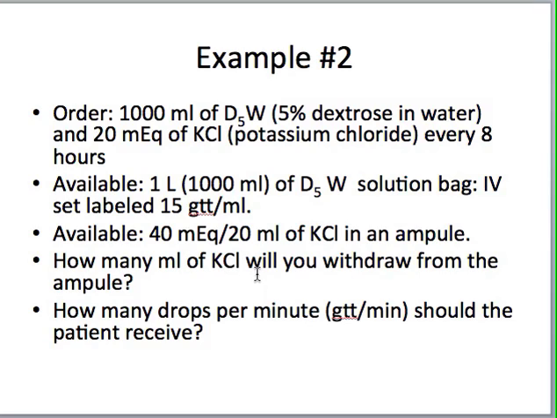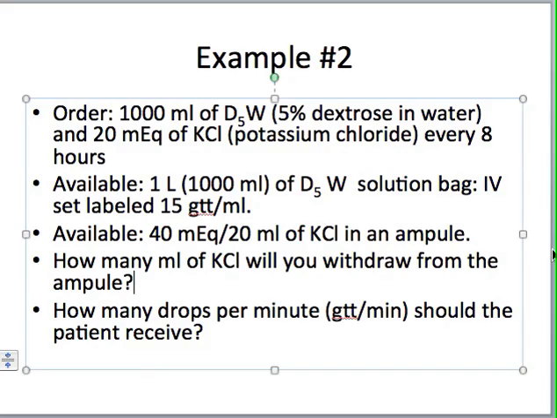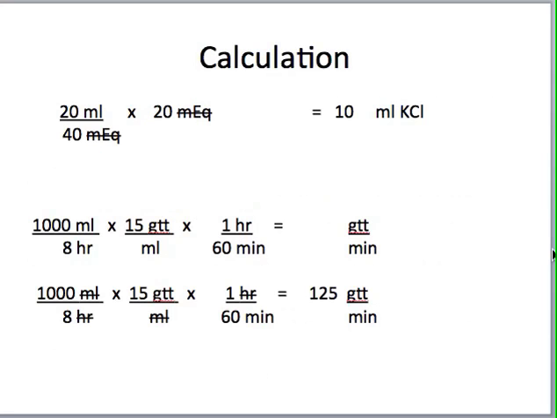We know that we need 20 milliequivalents, so I know many of you can probably do that in your head, but I think it's useful to have a system of doing this if the numbers were more complicated. So our answer needs to be in mLs, so the mLs need to be in the numerator. We have 20 mLs that contain 40 milliequivalents of KCl. We know we need 20 milliequivalents. The milliequivalents will cancel. We'll be left with mLs, so when we do the math, we'll end up with 10